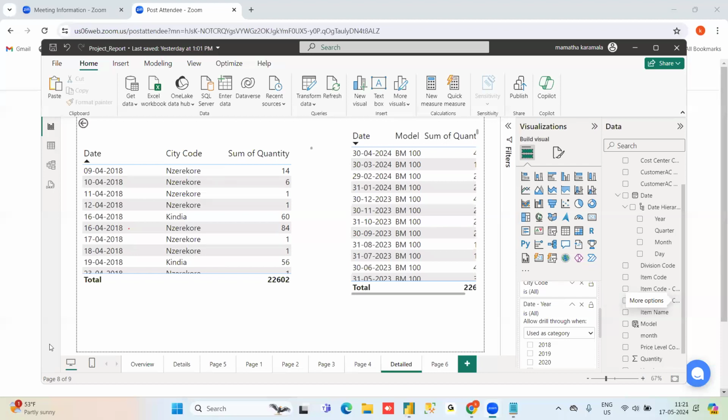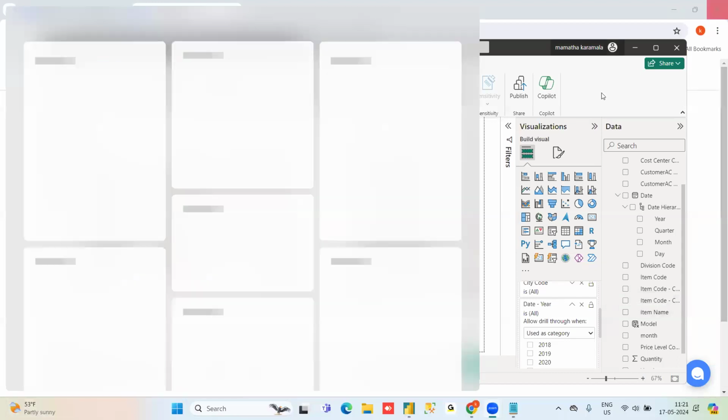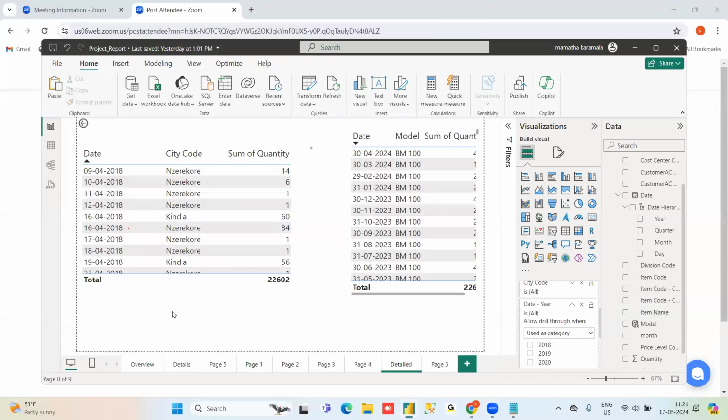Okay. I have explained drill through and the donut chart, and I wanted to start transform data today. We need to spend 1-2 days on the transformations, and I need to start DAX.